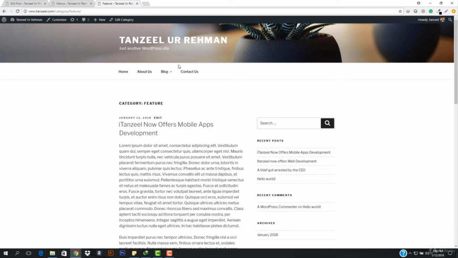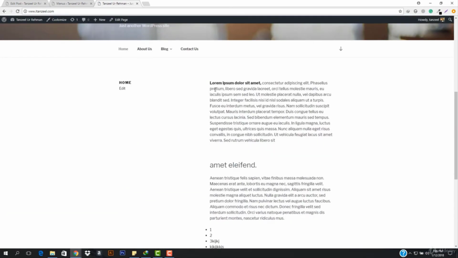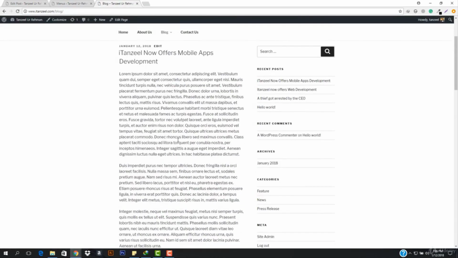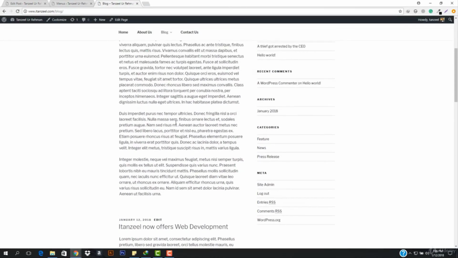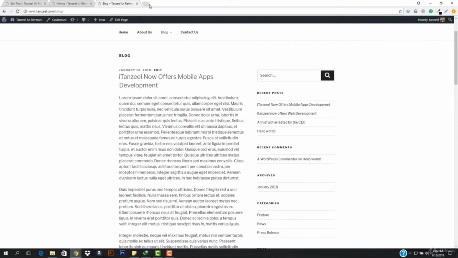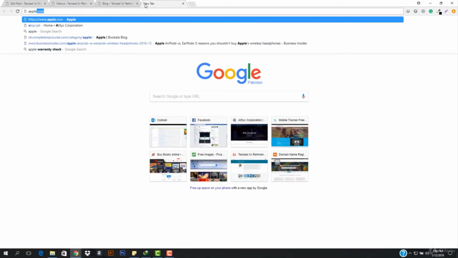So now you can see this is how these menus work as well. We are totally done with our website and the blogging stuff. In the next video, I'll show you about commenting, how commenting works and how you can work with it. I'll also show you how you can work with the length of this. Like if you want to make it smaller, like when we were working with the Apple newsroom,